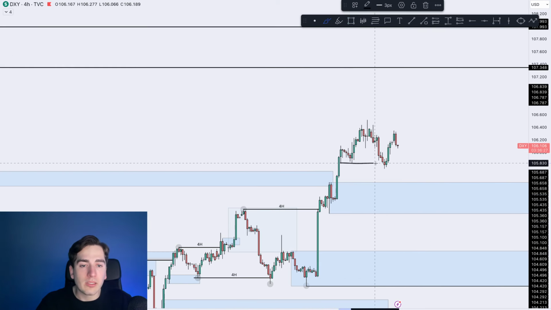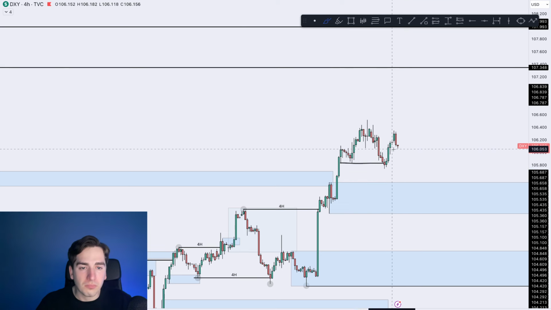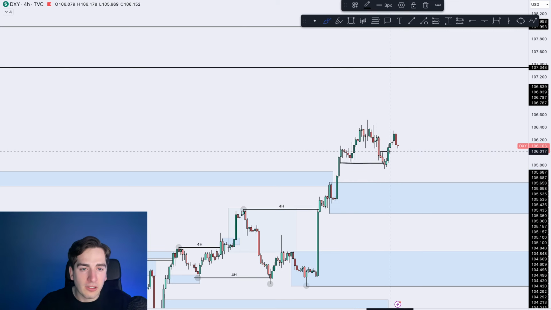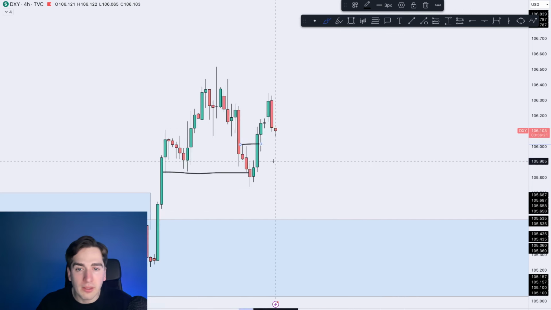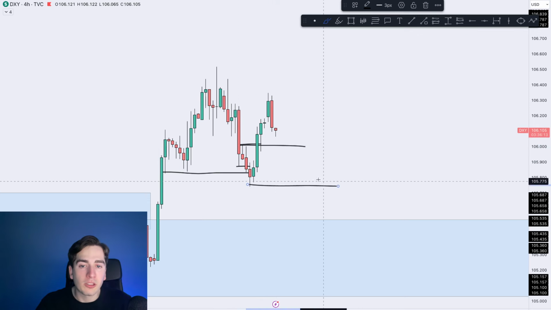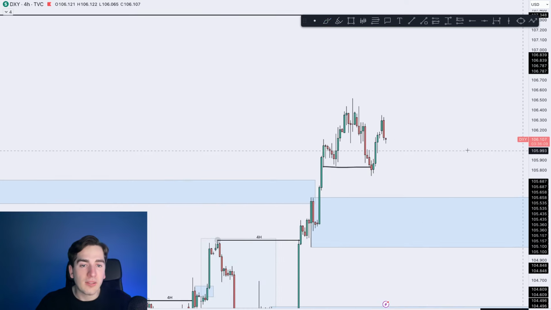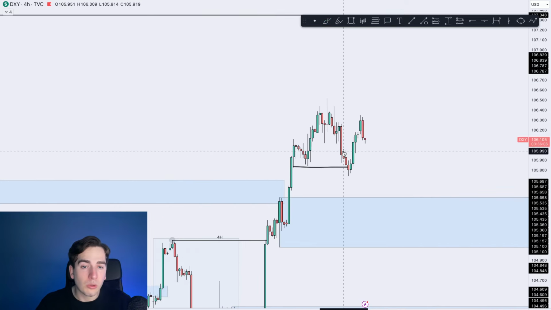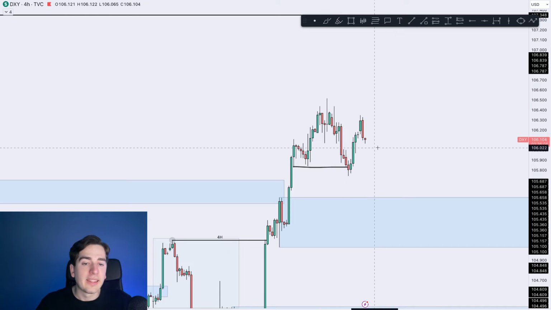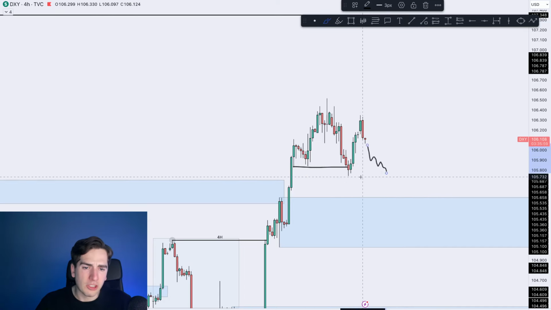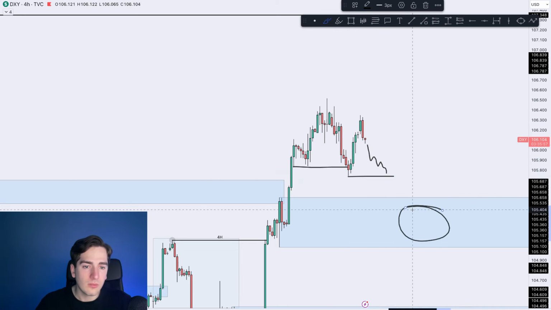So what has now happened is that we've liquidated this low over here. Yesterday we saw a change of character high over here. So the high of this bearish candle got broken. That was the change of character high, which broke this change of character low. So at this point in time, this is pretty much your area of demand from where we should continue up higher. If we do see, again, a 15-minute reaction to this order block, so these 3 bearish candles, then I will be looking for further upside continuation. If we don't see any bullish price action at all, and we just break this low, obviously we'll be targeting this area of 4-hour demand.